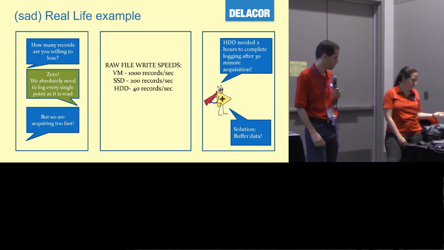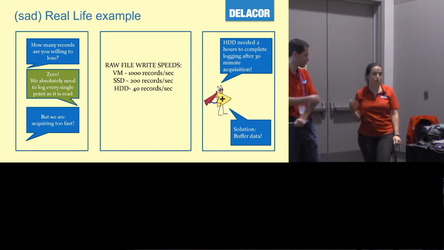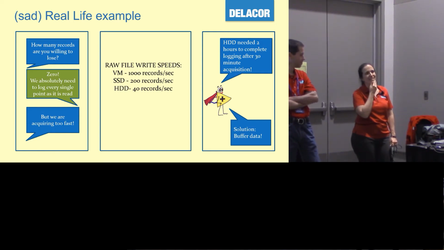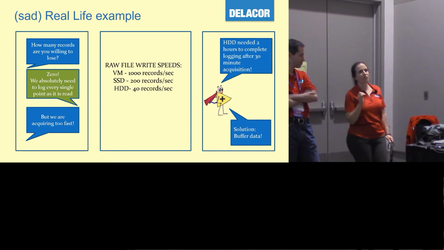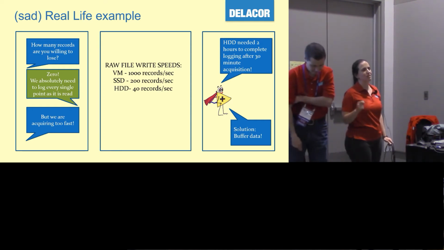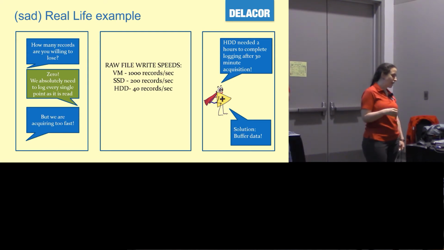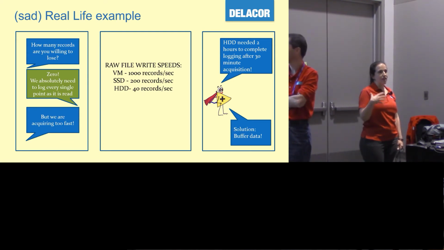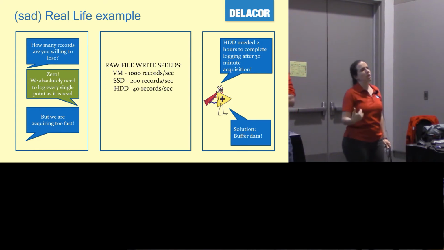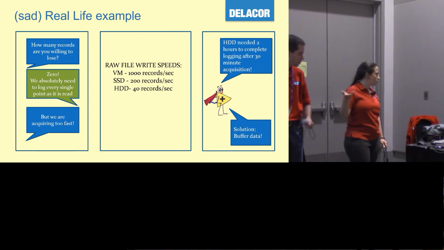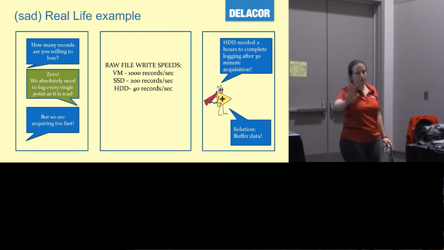So the equivalent, the example that I have is on software. When I ask a customer how many seconds worth of data they're willing to lose, they always say, no, I have to have every single data point, right? And because I have to have every single data point, I have to be writing to this right away. And I have to be writing every data point. This is the easier track than trying to figure out what type of data I'm acquiring and what type of analysis I want to do. So in one of the cases, I just said, okay, we're going to do that.